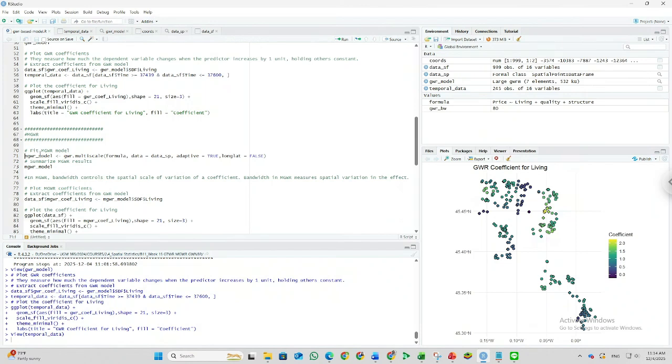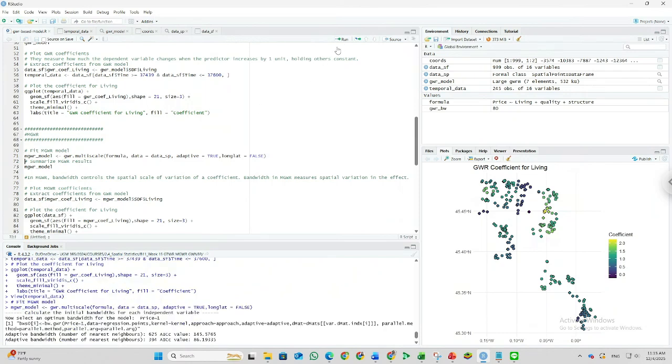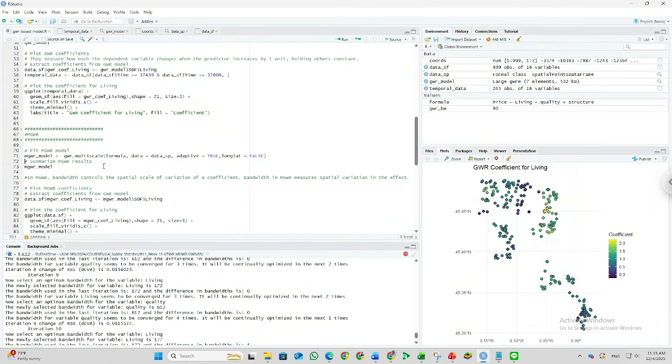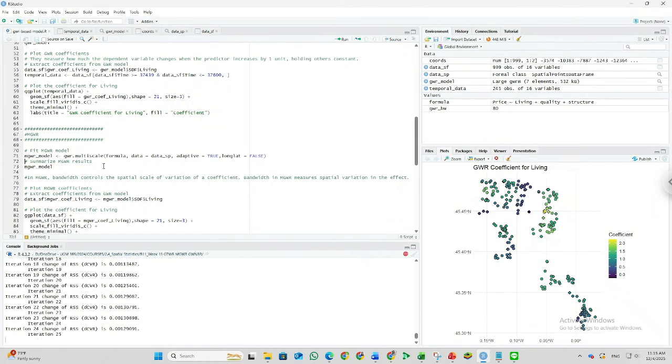Okay, for the MGWR, if you need to run the MGWR model, use the same formula as the GWR, and this data is also the same, and the adaptive.